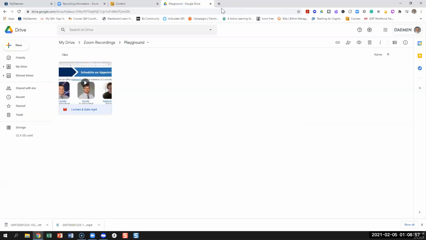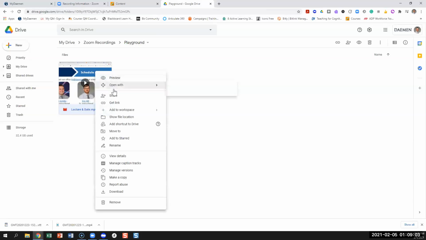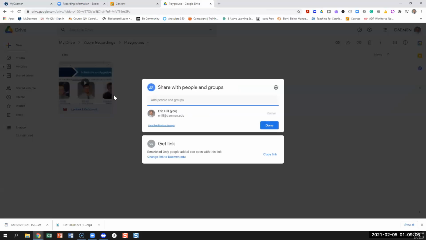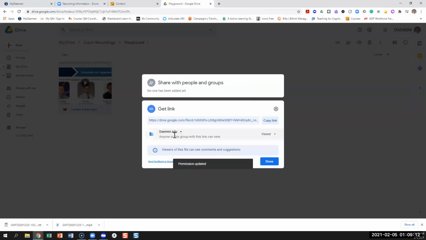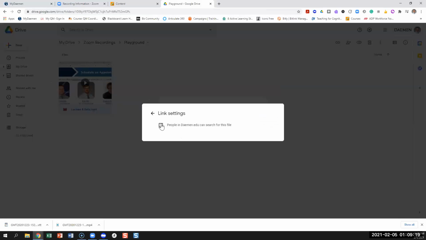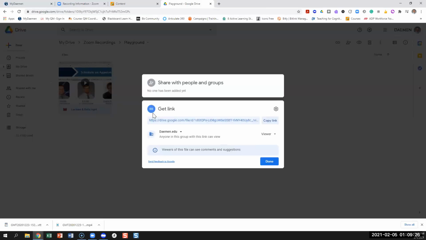Now, to share this with my students, all I'm going to do is come back to my Google Drive. Again, hover over it, right click and go to share. And I'm going to change where it says restricted down here at the bottom to anyone at daemon.edu can view. I can go a step further and go into the link settings and make sure that people in Daemon can search for this file, or keep it deselected in order to make sure they cannot search for this file. I will copy the link,